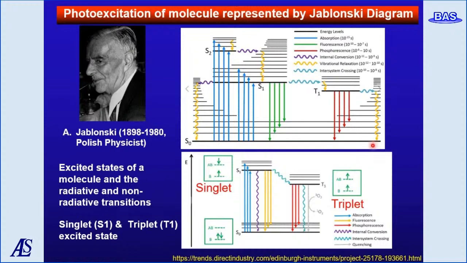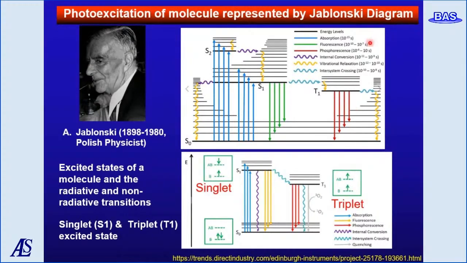Squiggly lines indicate the non-radiative process. Molecules in the ground state are excited to the excited singlet state. The excited electron relaxes from the highest energetic vibrational state to the lowest state, and then emits fluorescence, or due to intersystem crossing, goes to a triplet state from which phosphorescence is emitted. The timescale for each is picosecond to nanosecond for fluorescence and microsecond to second